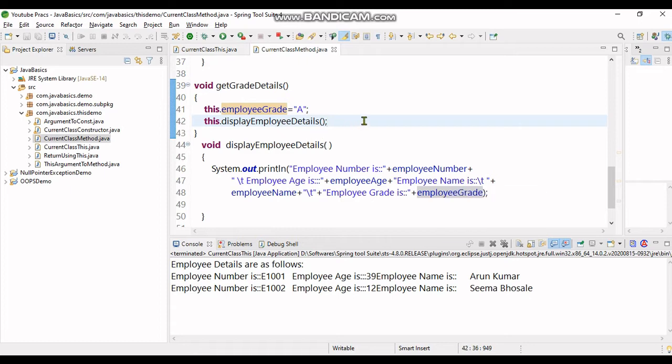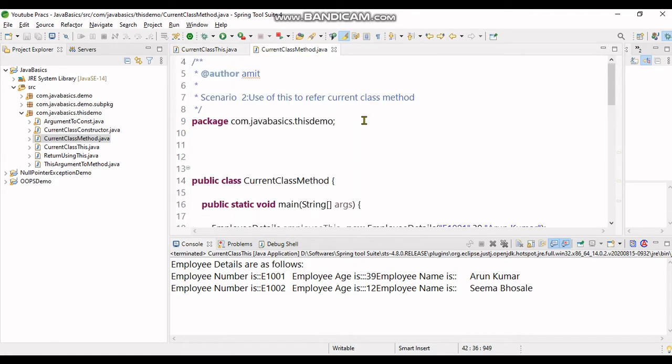So it prints the details over here. Using this keyword, I've given a call to its own class method. So let's see the output now.